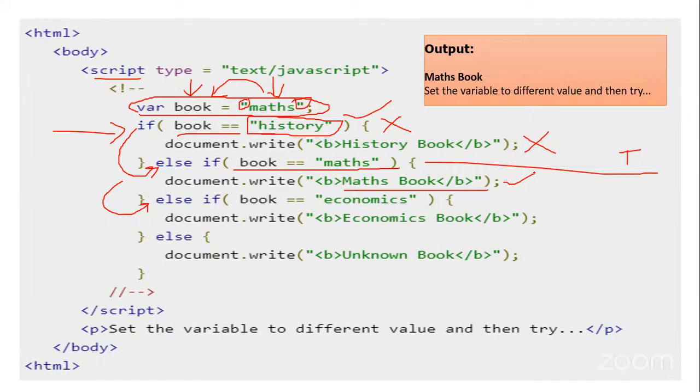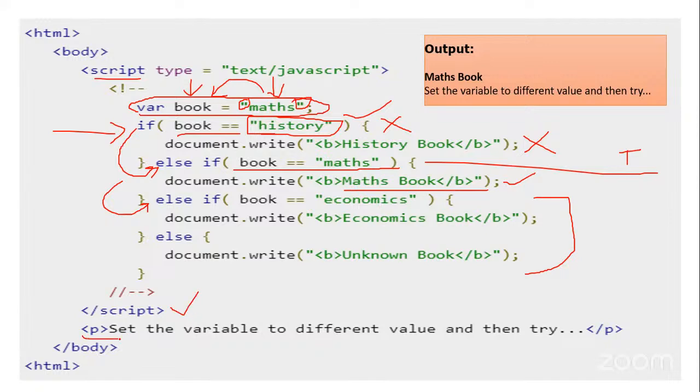So remaining if statements must be skipped. So in this case, maths book will be displayed and remaining statements will be skipped. Okay. Then close the script